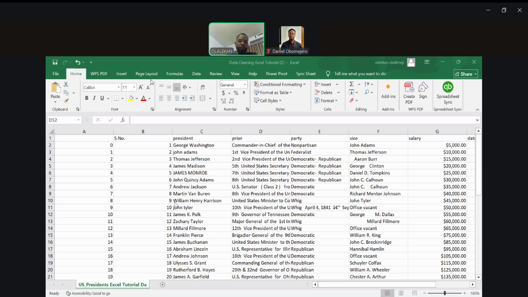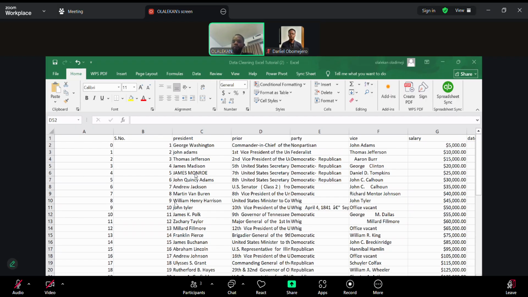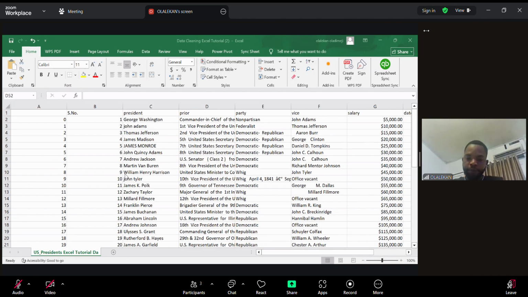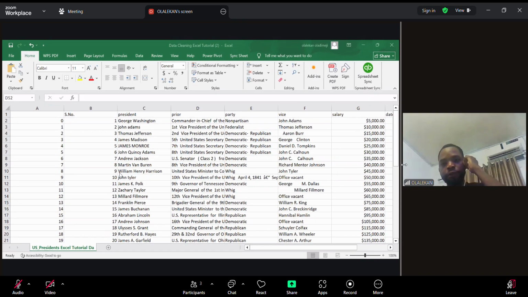SQL. So in Excel, we're going to be talking about data cleaning, formulas in Excel, conditional formatting. Then we're going to build a full project in Excel where we're going to put in everything we've learned in data cleaning, in formulas, conditional formatting to build an entire project whereby you can put this project in your portfolio, even build a dashboard so as to minimize time instead of going to Power BI to create visuals